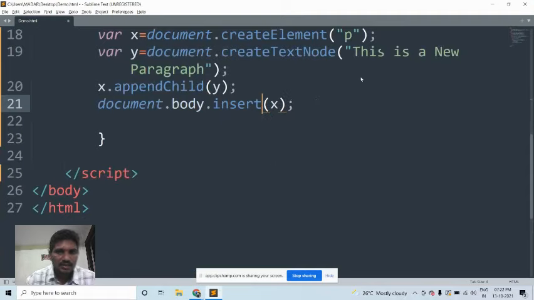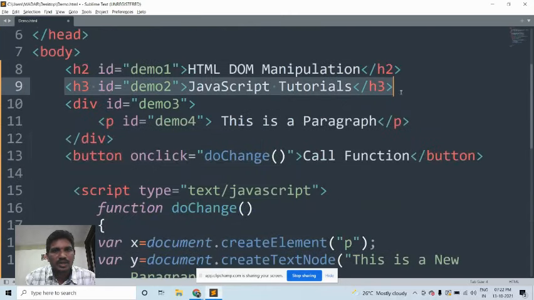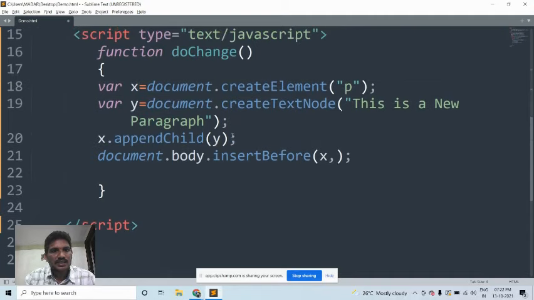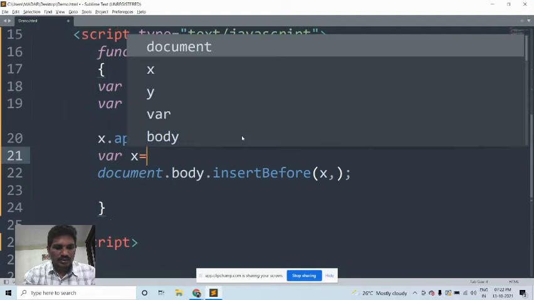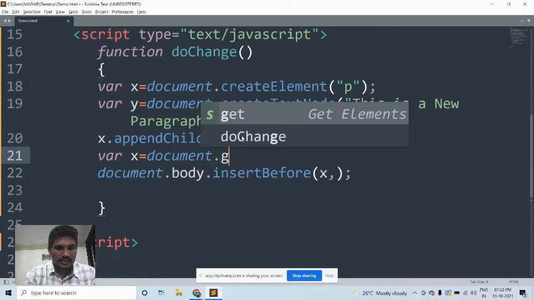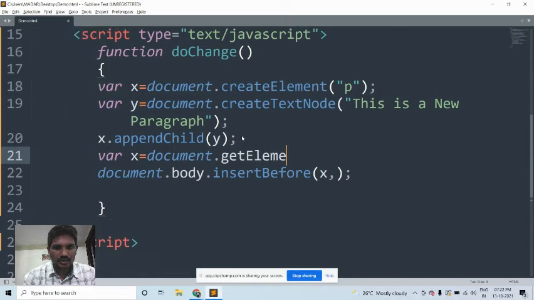In insertBefore, the new element is X. The old element, you should be able to access it. Because we should insert before the H3 tag, we need to access it. So, document.getElementById.